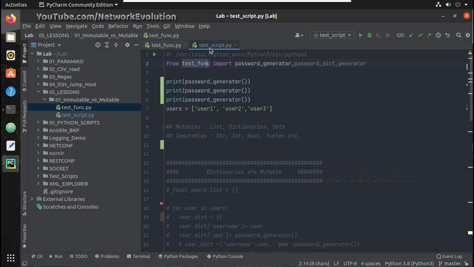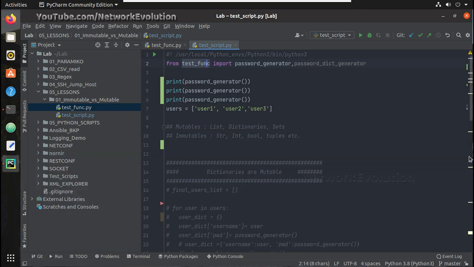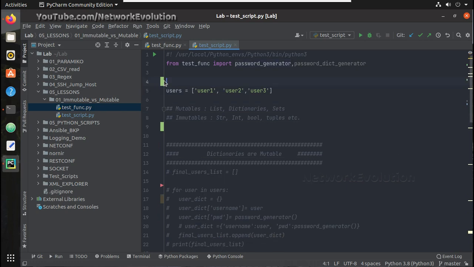If you see the generated password, it will have all these characters. In another script I'll explain this in detail, the functions and how to debug a Python script using PyCharm. But here we will see what is mutable and immutable.